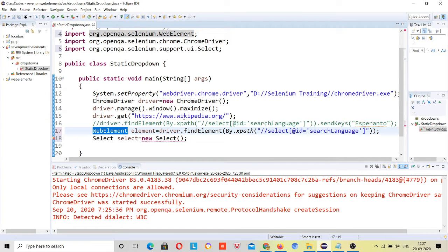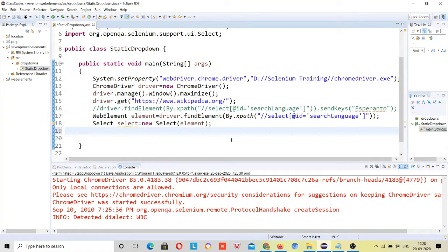Just like if you want to store a string, you define the String class for that. If you want to store an integer variable, you define the primitive type int. Similarly, if you want to store this web element, then you define this WebElement class, right? Now you can pass this here, right? This is also working, and this is a good way to write it.